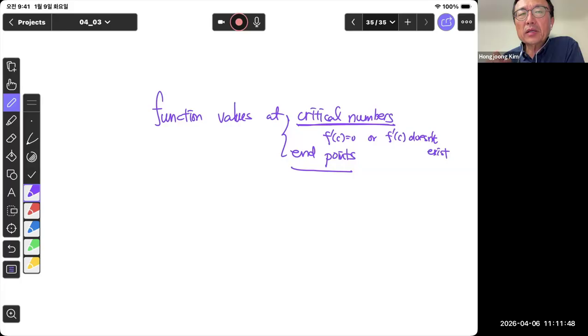If you want to find the local maxima or minima, you need to evaluate your function at critical numbers, and if f prime is 0 there, then it is simple because you can differentiate one more time to get the second derivative, and depending on the sign of the second derivative, you can tell whether that is local maxima or minima. Anyway,